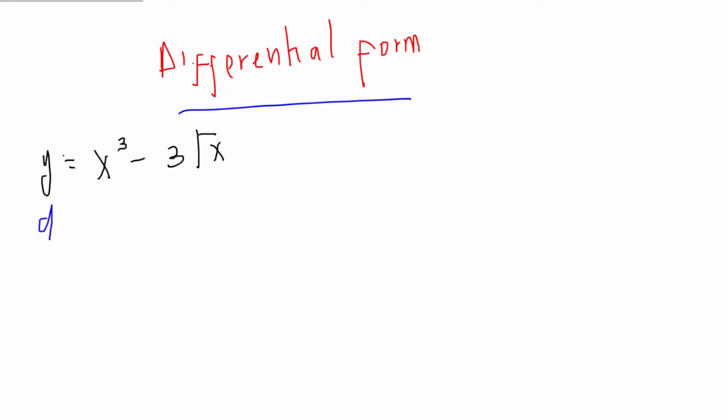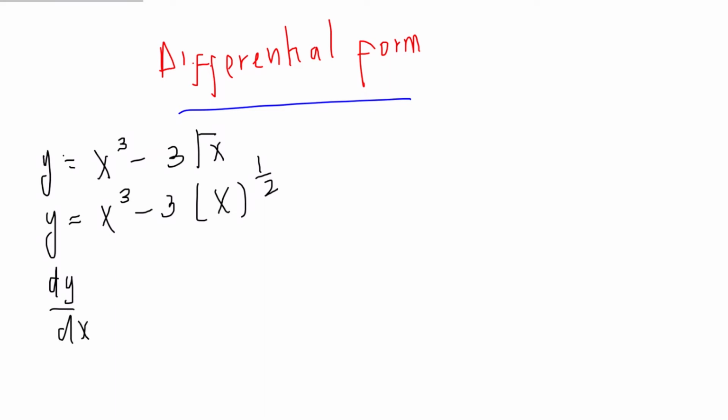But before we find the derivative, we could as well write y in this format: x cubed minus 3 times x raised to power a half. Instead of having it as a square root, we can write it as raised to power something. That is better. So let's find now dy all over